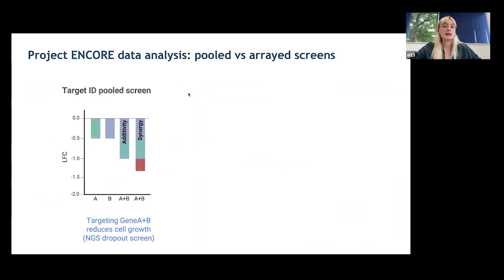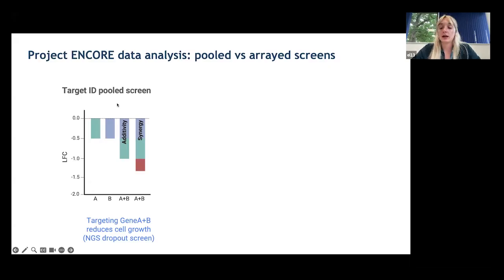To just briefly illustrate the difference in the data output and the analysis of the two screens, with the primary screen, the readout, as I said, is log fold change in dropout of guide counts. And we selected targets that were showing a strong effect size, so a log fold change beyond a certain threshold that we considered to be lethal to the cells. And we also selected based on whether they showed a synergistic effect relative to targeting just one of the genes